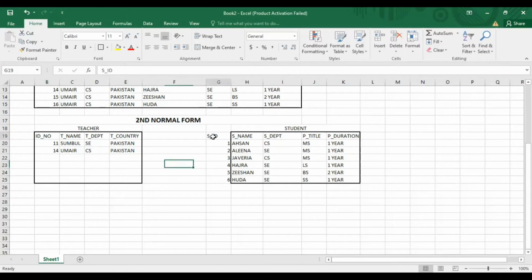Okay, now in this you can see that there is not a functional dependency. And here you can see we have got rid of the repetition also, and now we have assigned an ID to this also, and this also.